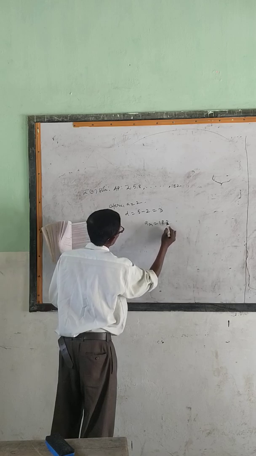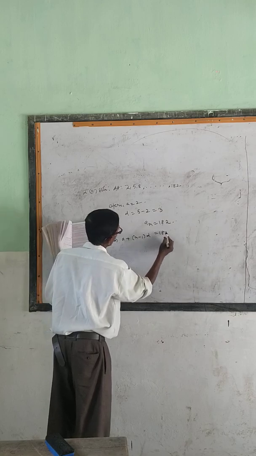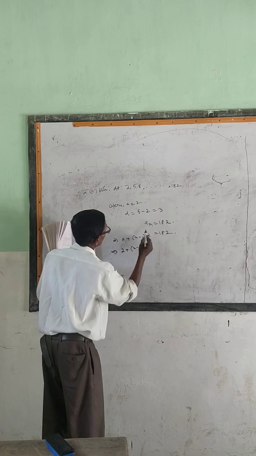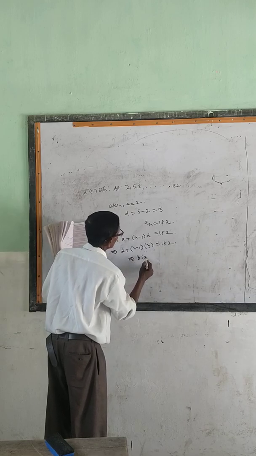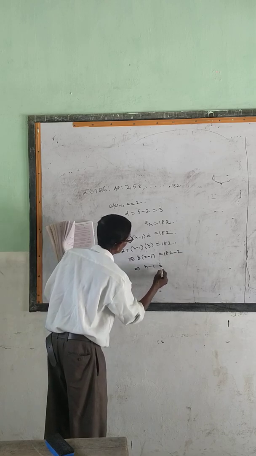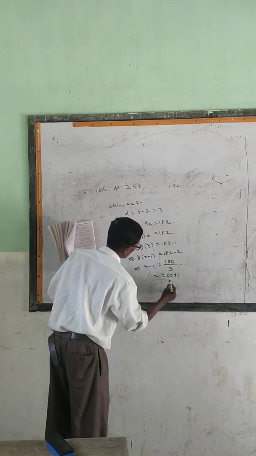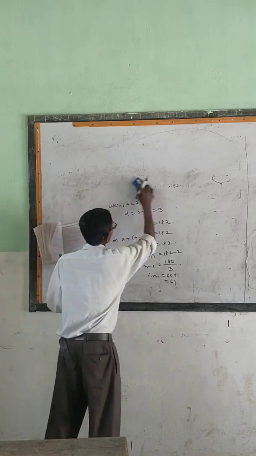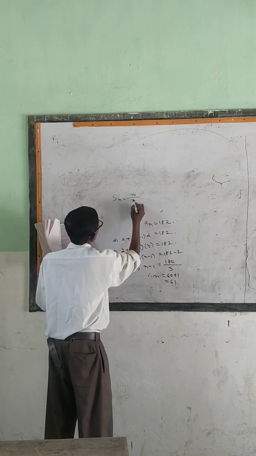an equal to 182. The an formula means A plus (n minus 1)d equals 182. A how much? This is 2. n we have to find out. D how much? 3. This is 182. 3(n minus 1) equal to 182 minus 2, implies n minus 1 equal to 180 by 3. Therefore n equal to 60 plus 1 equal to 61. Then what formula do we have to apply? This, Sn equal to n by 2 times (a plus an).